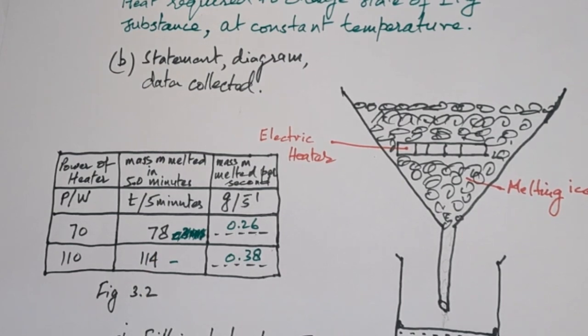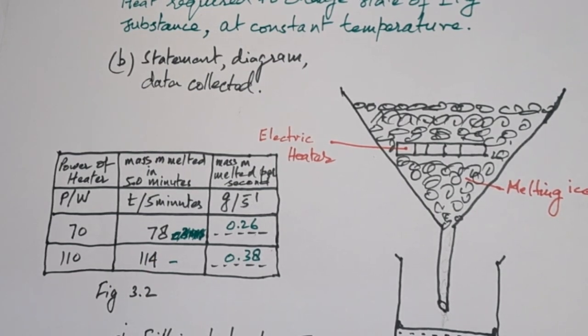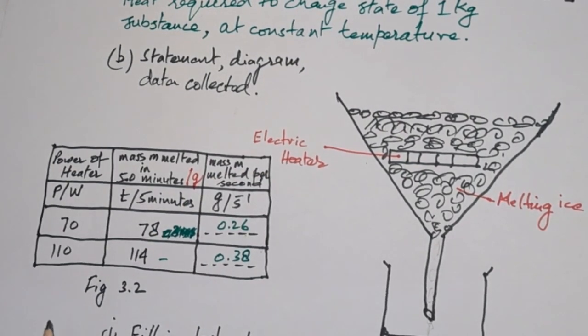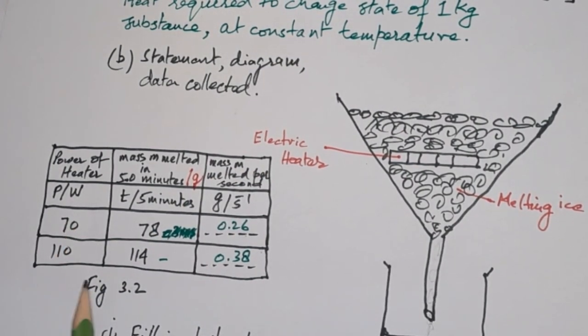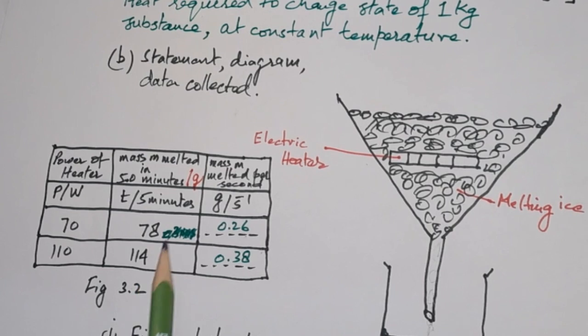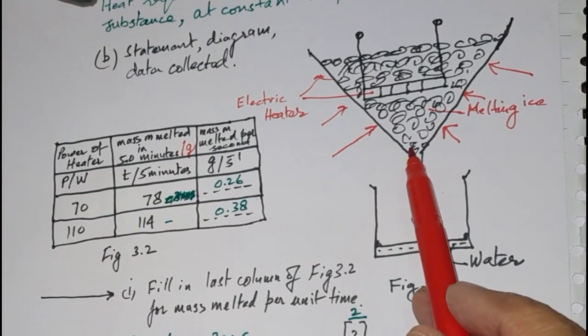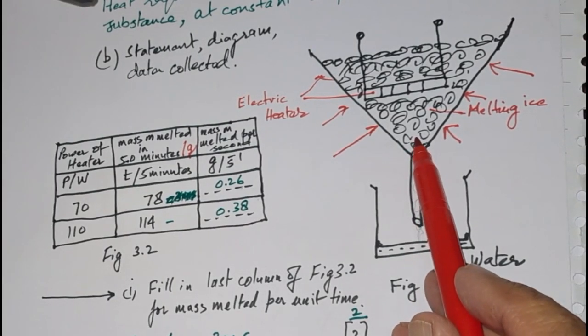I can write down unit as grams. And for 110 watt power in 5 minutes, 114 gram is obtained in the container, as this ice is a cold body